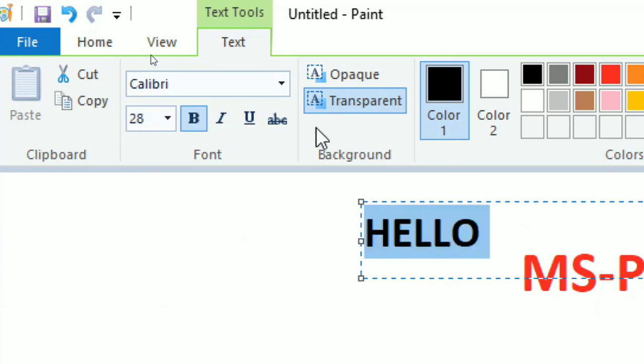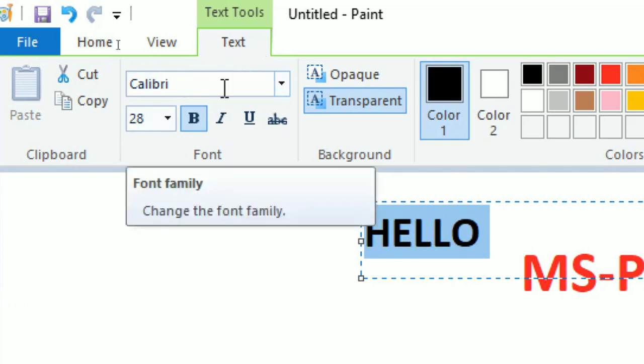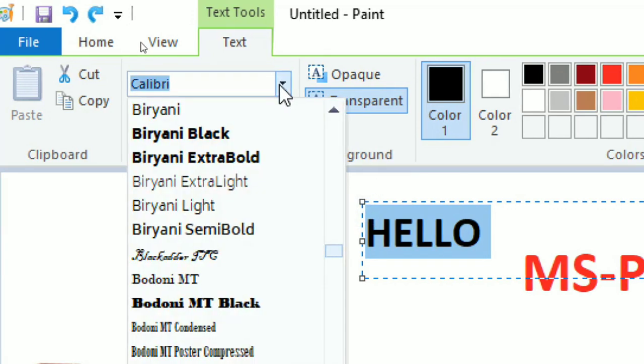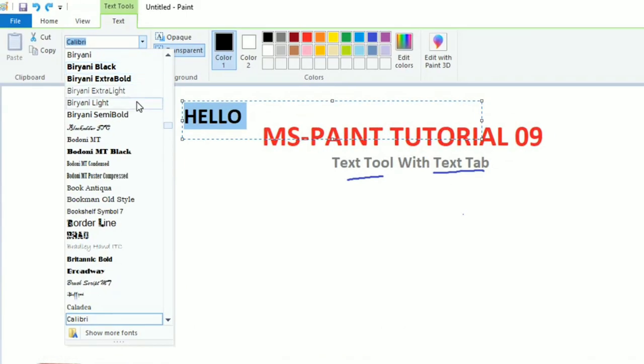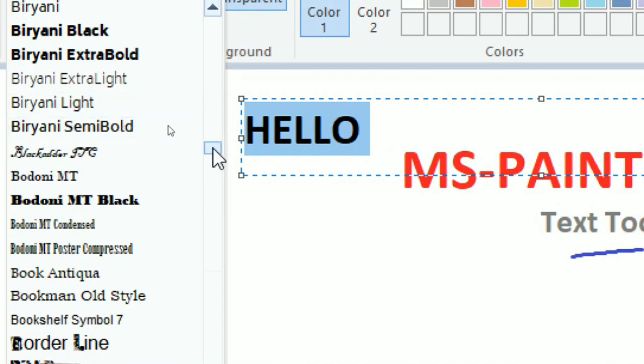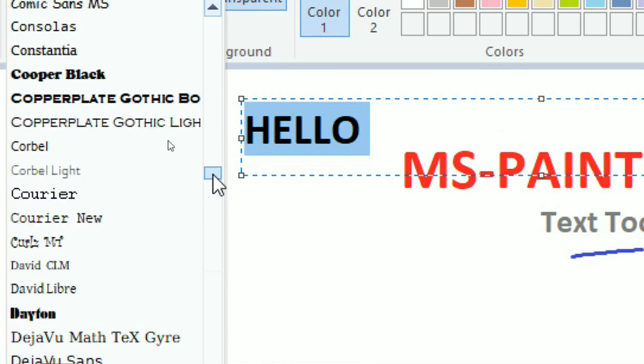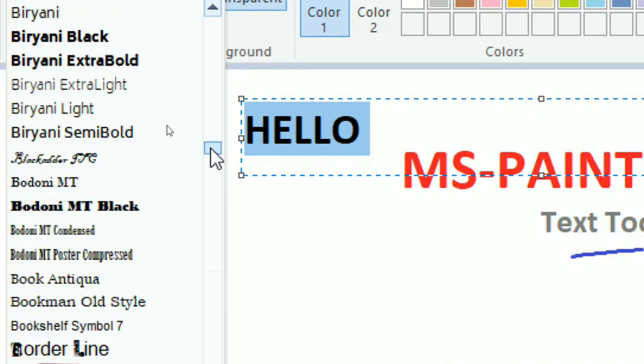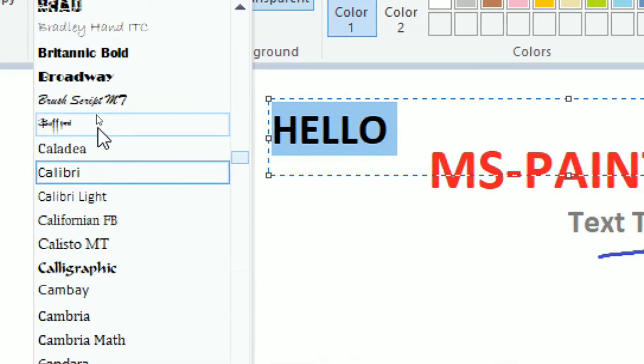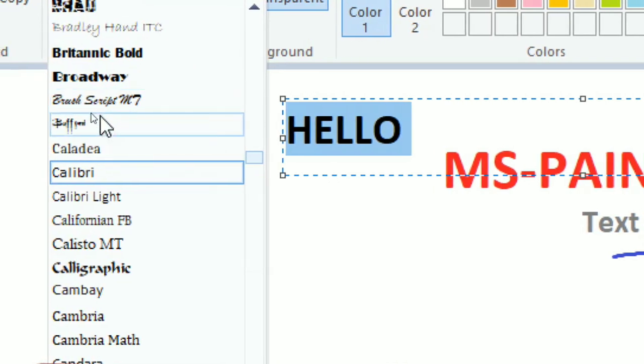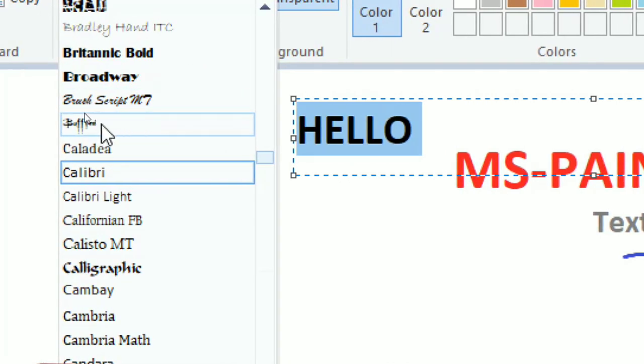Now you can see that under the Text tab, there is an option of font in which Calibri is written. There is also a selector beside it, which you can click, and after clicking that option, you will get many other options which will give you a different outlook of how the text will appear. You will also get a vertical scroll bar which you can move up and down. Any of the options you can select for giving the same outlook to the selected text.